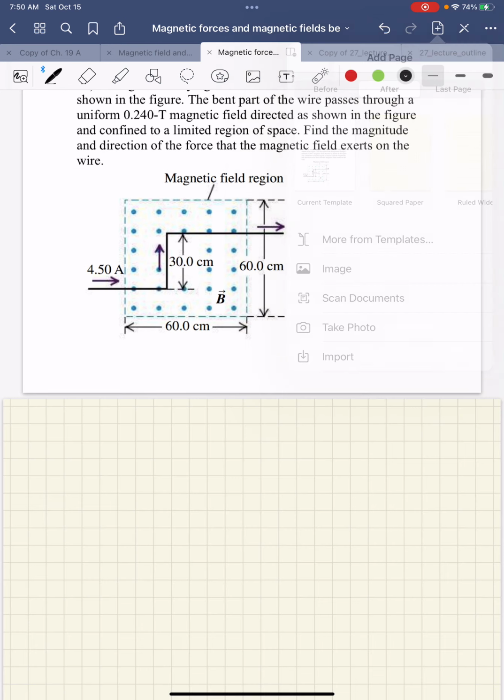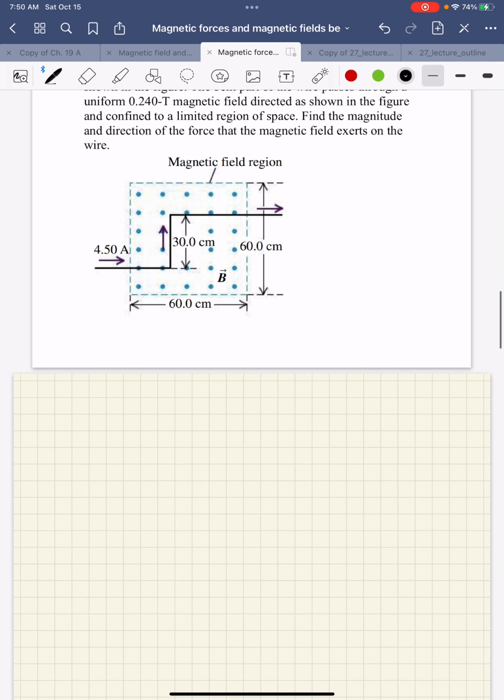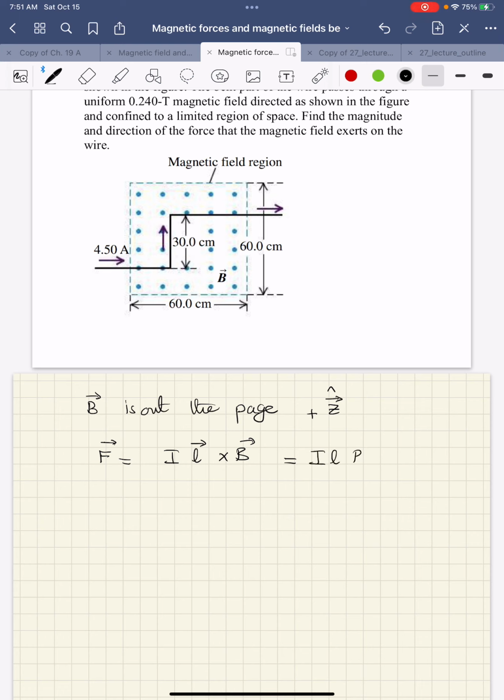Here, I want to add a page, and let's first summarize things. B is out of the page, and it's very helpful to say in terms of the axes, that it is in the direction of positive Z. Now F can be calculated as I, L cross B, and therefore it is I L B sine